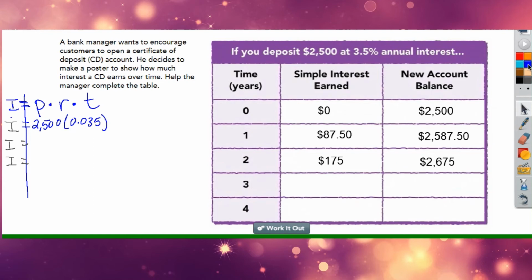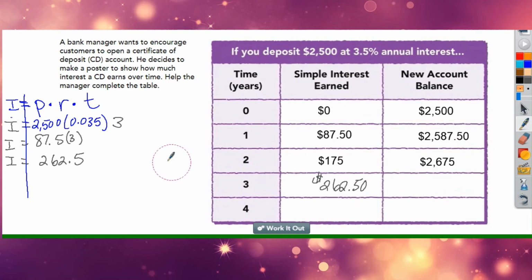Year 3. We have to make sure we use 3 for the time. And then when I go ahead and multiply these two numbers, I get 87 and 5/10. And I have to make sure I multiply that by 3. 87 and 5/10 times 3 is 262 and 5/10. So that means the simple interest at year 3 would be